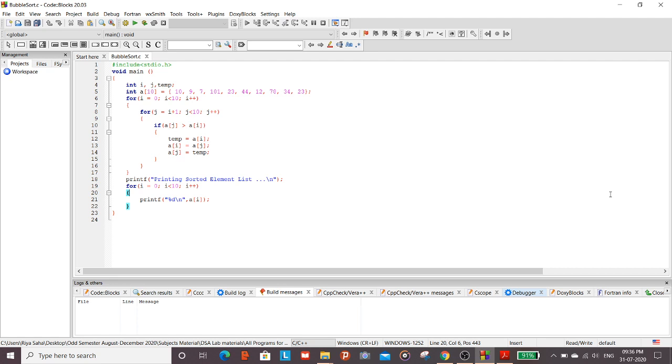Array of 0 is compared with array of 1, array of 1 is compared with array of 2, and at the end of this pass, the smallest element of the list is placed at the first index of the list.